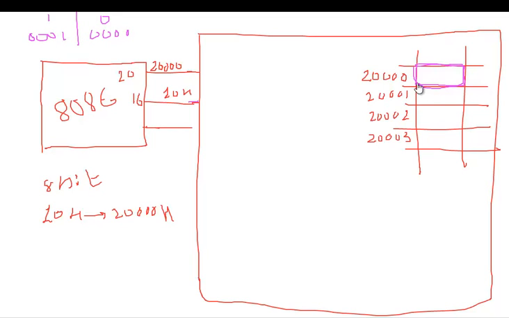So it will get stored in this pattern. This is 8-bit data, that is 1 byte.